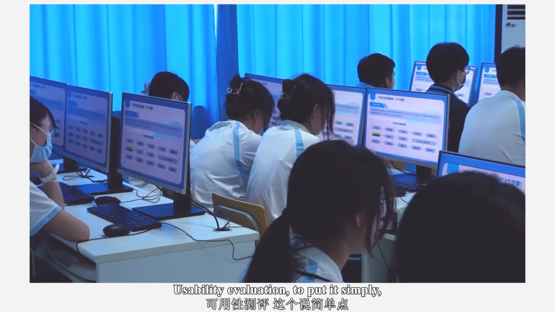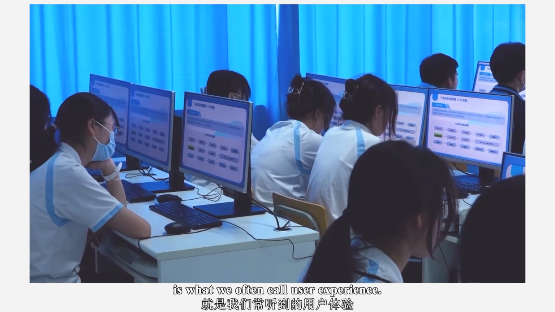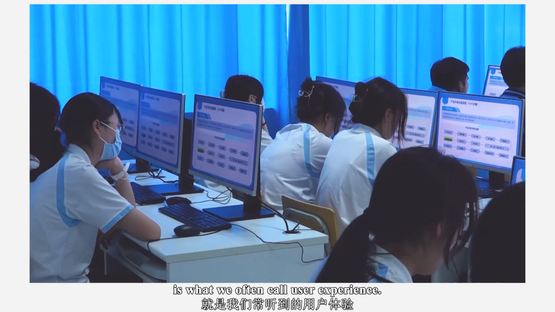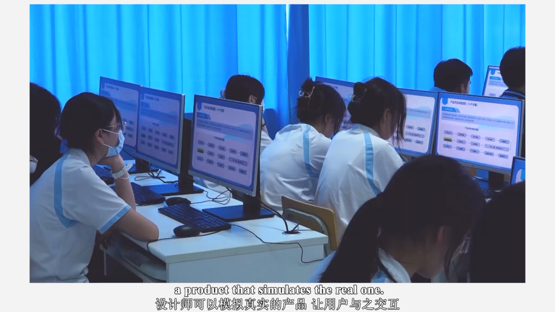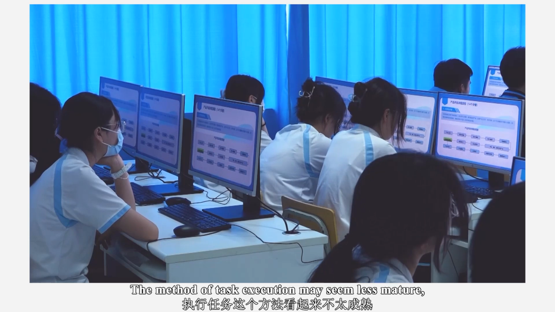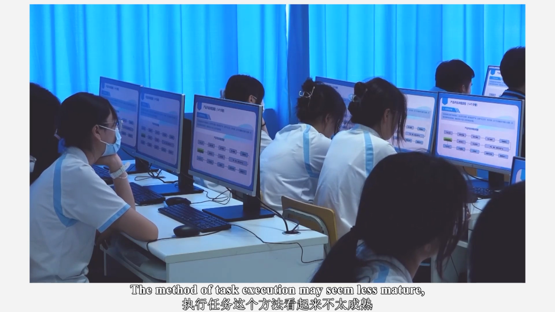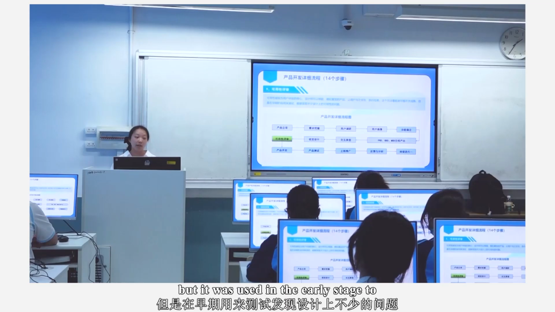Usability evaluation, to put it simply, is what we often call user experience. Designers can let users interact with a product that simulates the real one. The method of task execution may seem less mature, but it was used in the early stage to test and